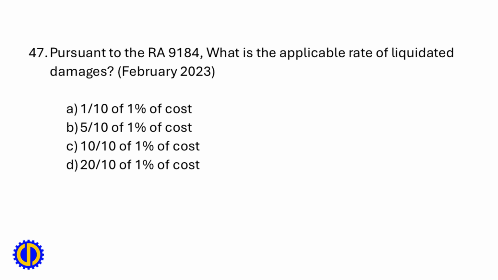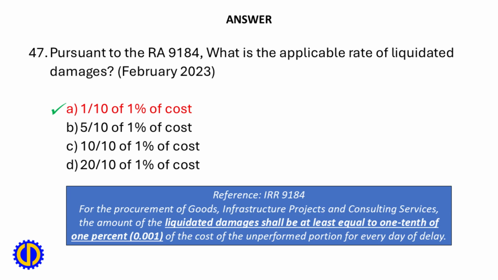47. Pursuant to the RA 9184, what is the applicable rate of liquidated damages? A. 0.1% of cost, B. 0.5% of cost, C. 0.1% of cost, D. 0.20% of cost. A. 0.1% of cost. Reference, IRR 9184, for the procurement of goods, infrastructure projects, and consulting services, the amount of the liquidated damages shall be at least equal to 0.1% of the cost of the unperformed portion for every day